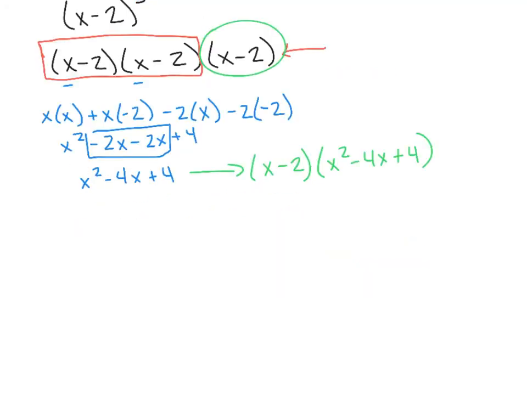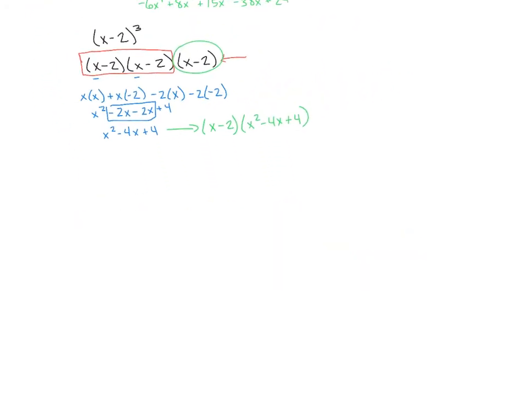So, and we're going to distribute. We're going to take x times each term in the trinomial: x squared, plus x times negative 4x, plus x times 4. And then we're going to take our negative 2 times every term in the trinomial: minus 2 times negative 4x, minus 2 times 4. And then we're going to multiply,